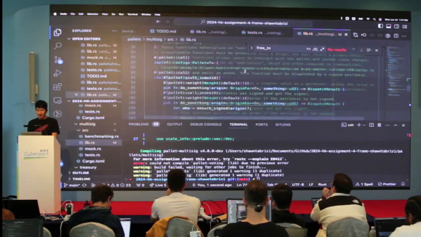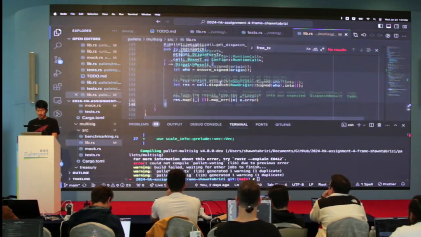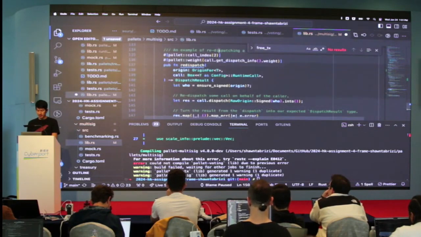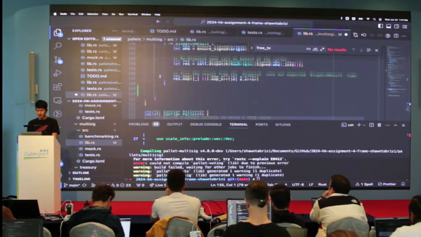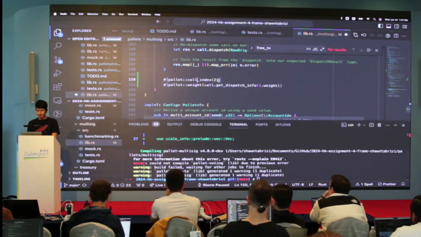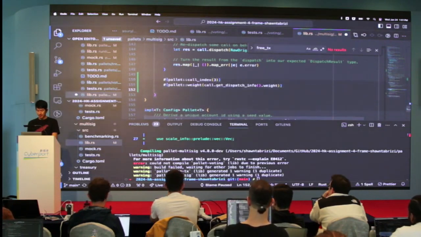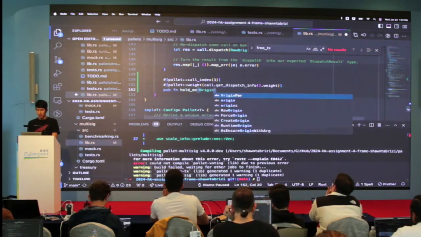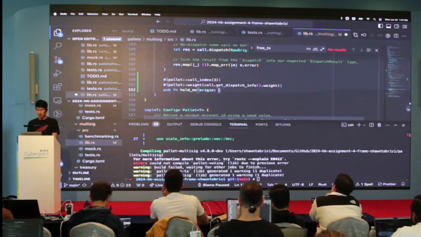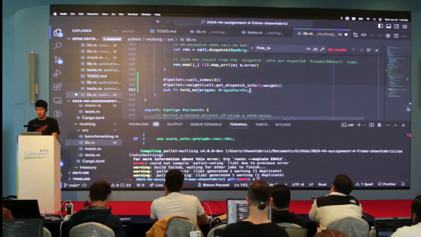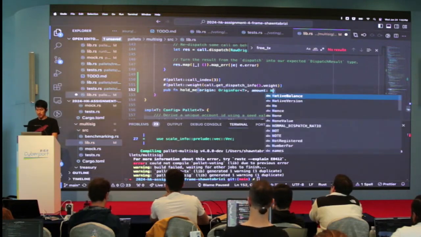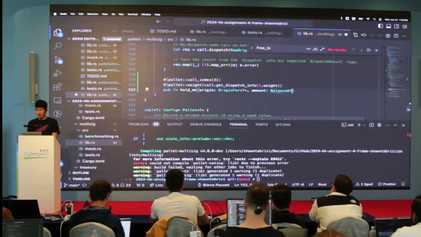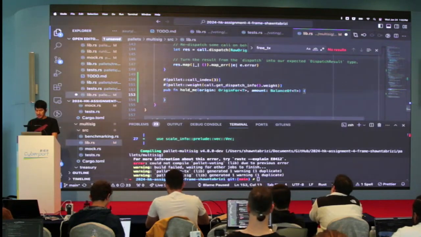Okay, and then I'm going to create a function called pub function hold me, origin for T, and that's the user, and an amount, which is going to be the balance of T, right? That's enough, okay. And then it returns a dispatch result.